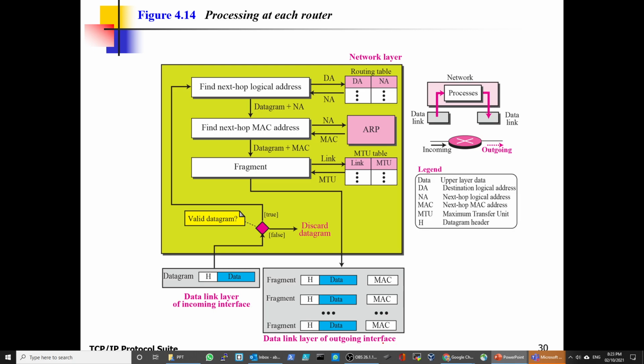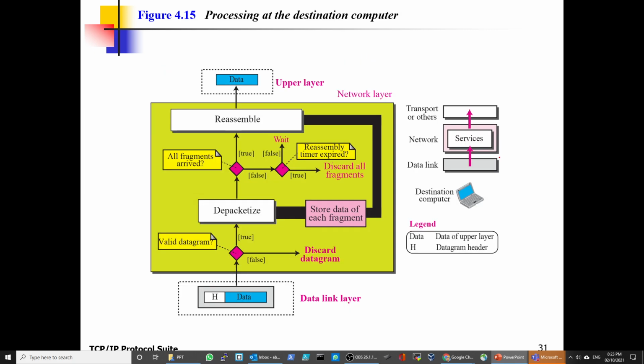And the data link layer of the incoming interface. Anyways, this is going out, and that was the incoming interface. When it goes up, it will check whether the discard datagram is false. If it's true, you're gonna go back in here. Anyways, so that's the process. Data link, you're gonna go through the network layer, and you're gonna go through the data link again, the next data link, incoming, outgoing. That's the path it's gonna go.